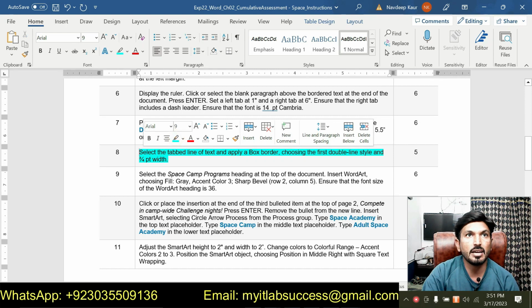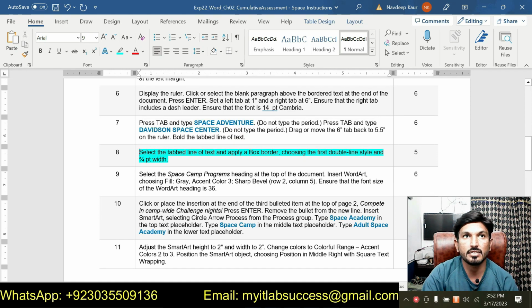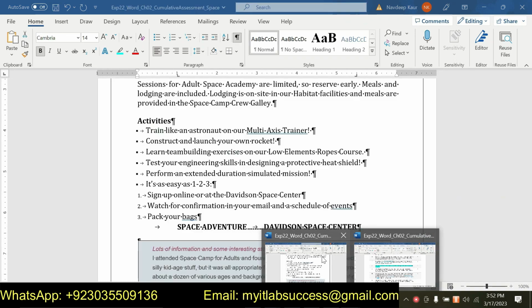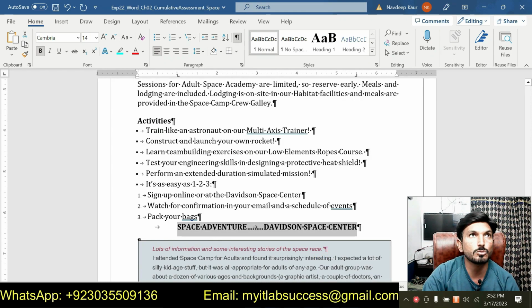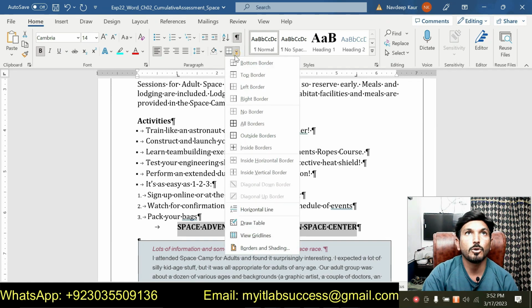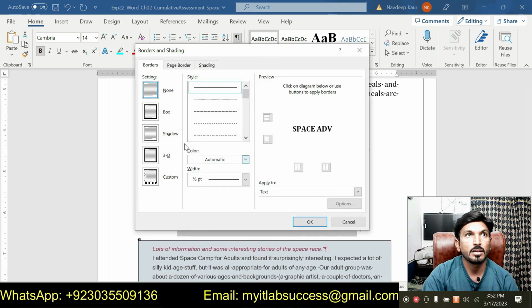Select the tabbed line of the text and apply a box border, choosing the first double line style and 3 or 4 points width. Now we are supposed to apply a box border to this one. For this we will go to home tab. After going to home tab, we will click borders and we will click on borders and shading box, this one. Then we are supposed to select a box border